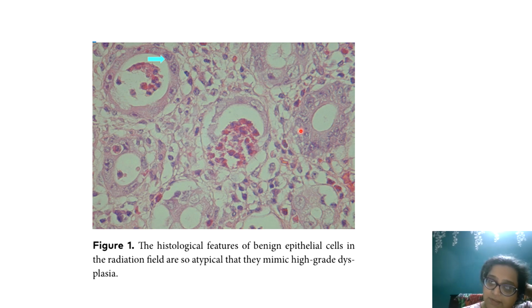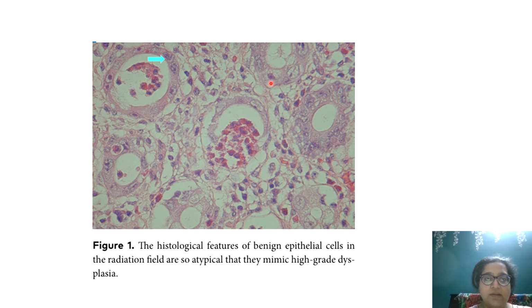So, for instance, this is a mucosal biopsy, a colonic biopsy of a case which was diagnosed with a colorectal carcinoma. It was an old man. Now, the biopsy was done in an area of the colon where there was some suspicious thickening. Okay, so they just took a biopsy of that area just to see, is it a residual tumor? Now, if you see very clearly, if I look at this gland without the background history, all these are crypts in the colon. And we all know the normal architecture of the colon. I'm not going into the detail of that right now.